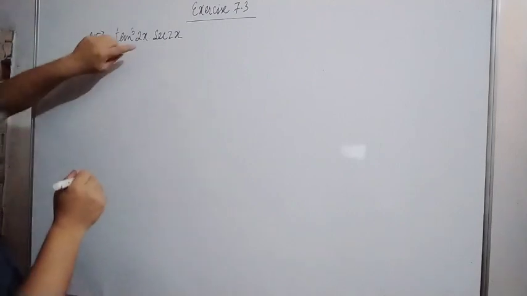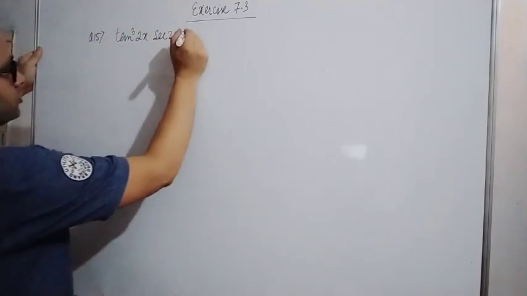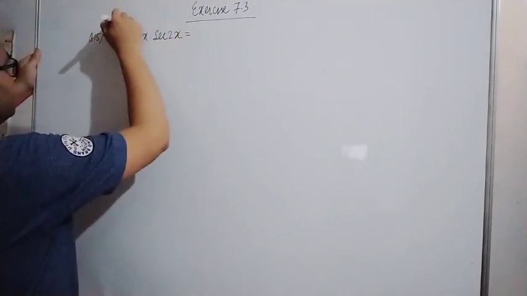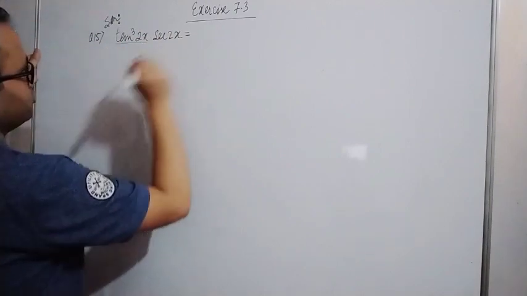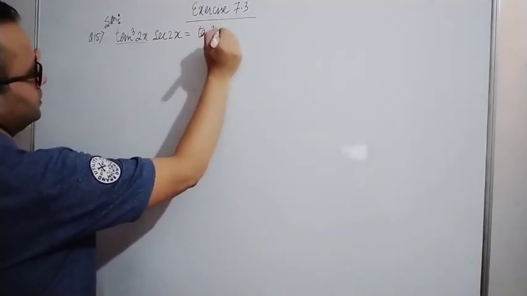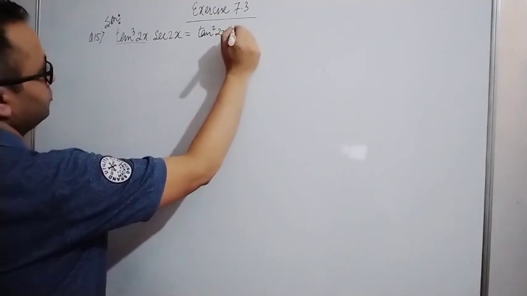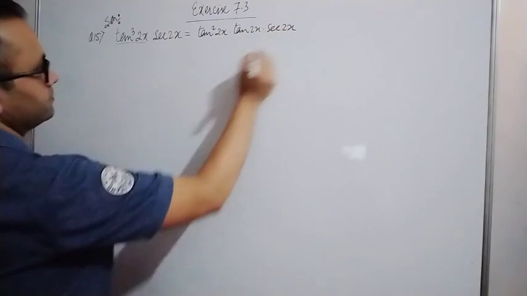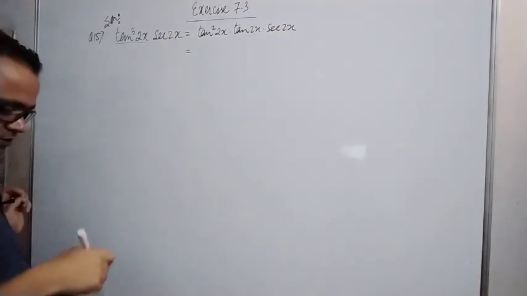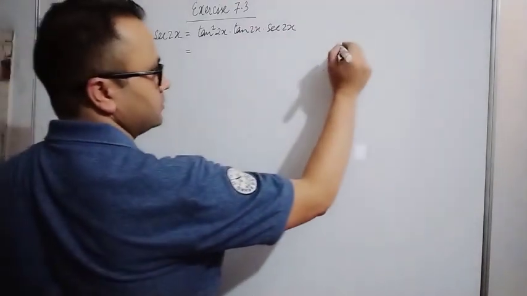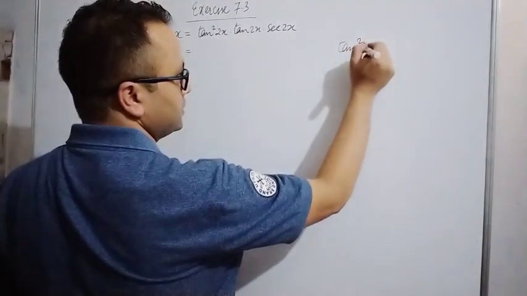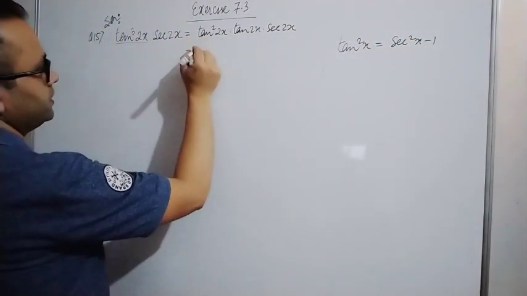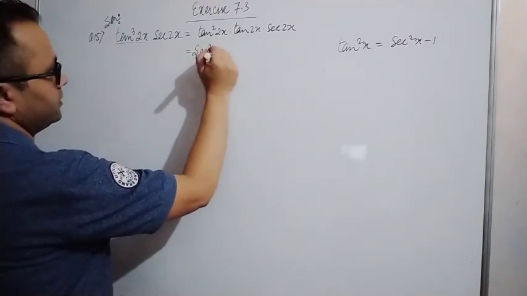Now, first we have to make it into standard form. This is the solution of question number 15. Break it into two parts: tan cube 2x is tan square 2x into tan 2x into sec 2x. Now put the trigonometric identity of tan square x. What is the identity of tan square x? It is sec square x minus 1. So this will be sec square 2x minus 1